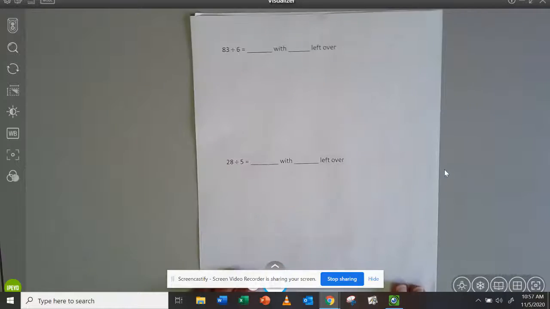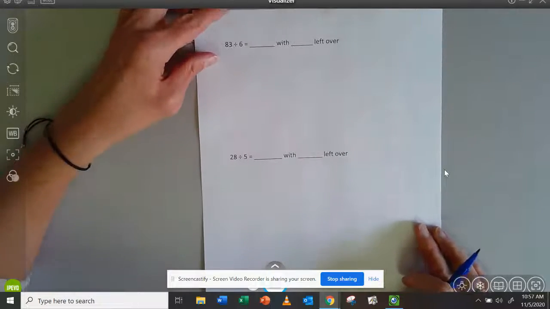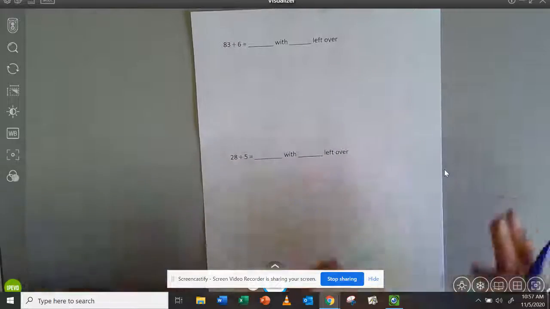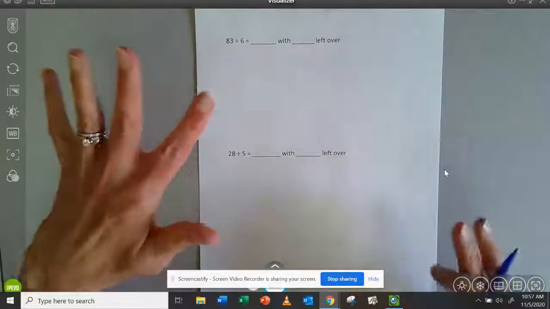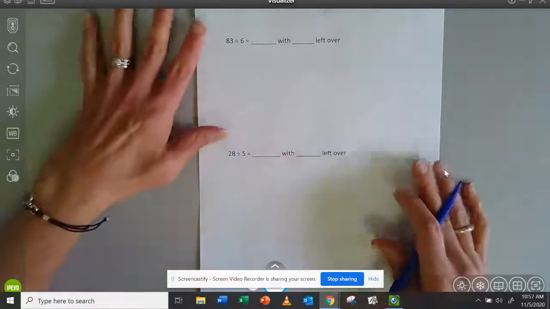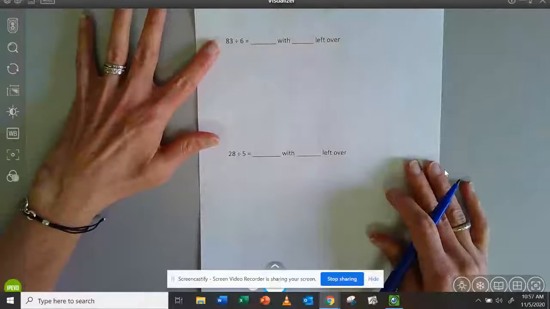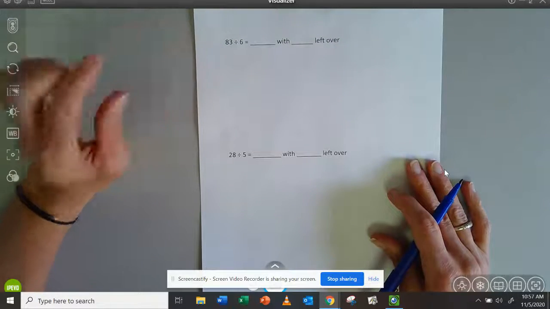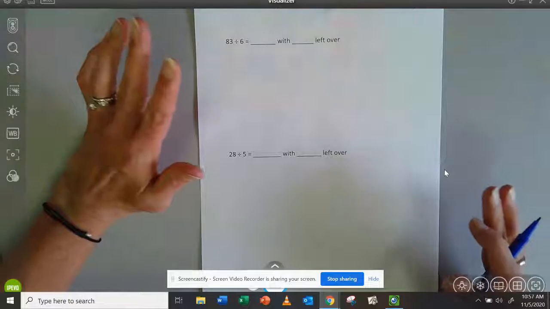All right. So today, boys and girls, we're going to be talking about dividing and finding answers, or quotients and remainders, and interpreting the remainder when I have a division problem within a word problem. So I'd like you to take a look at this very first one right here, where we have 83 divided by 6. Now, the highest facts we have you memorize and know and have automatic recall of